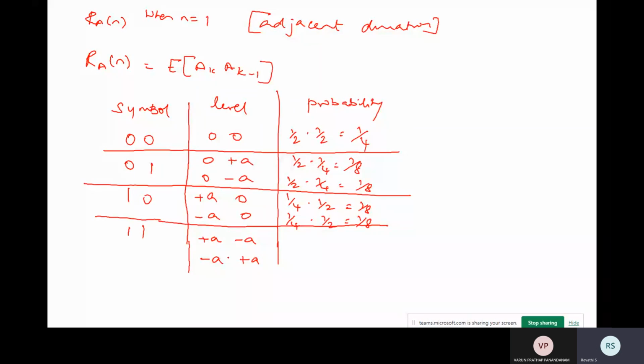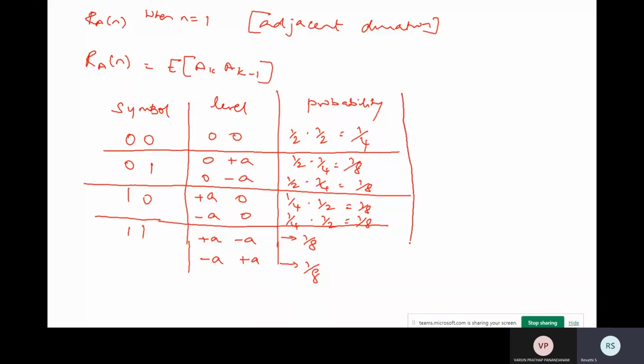You know the probability is 1 by 4, so you will obviously write 1 by 16, since 1 by 4 into 1 by 4 is 1 by 16. But if you put only 1 by 16, what will happen? You will not get the sum of all the probability equal to 1, because you have 2 other possible levels. So instead, directly you will put 1 by 8, and here also 1 by 8. Now you try to sum up all the things. You can see, 1, 2, 3, 4, 5, 6, 6 by 8 is nothing but 3 by 4, plus 1 by 4 is equal to 1. Okay, so the left out probability you are equally dividing between these 2 combinations.